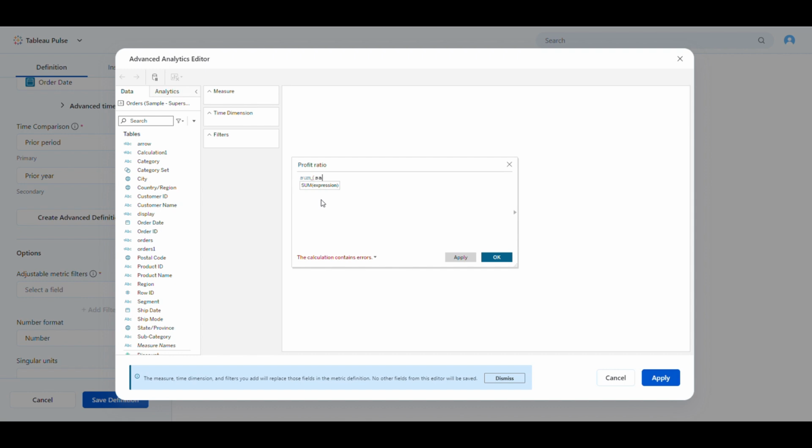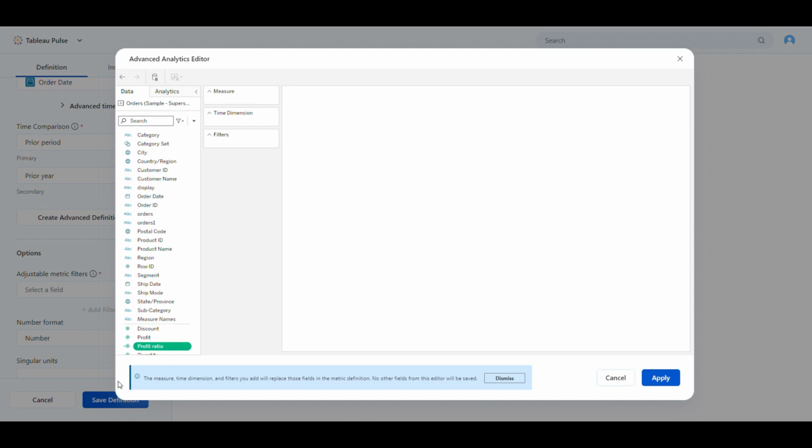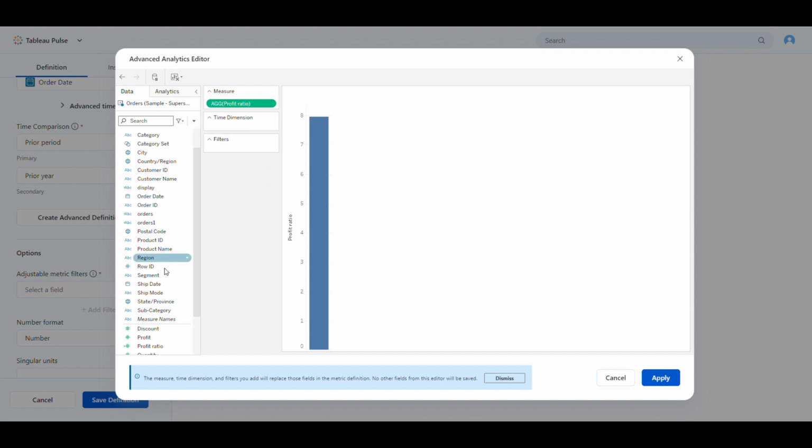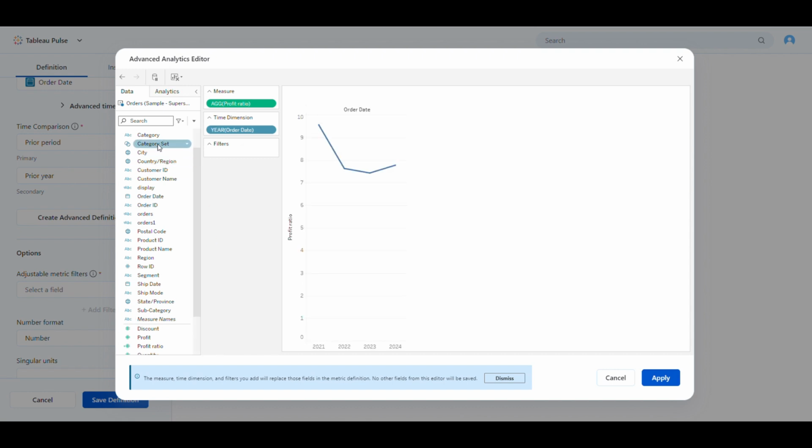Sum of sales by sum of profit. So like this, I can create the profit ratio measure, and this measure I can drag into the measure shelf. Okay, and time dimension, again, I'm giving the order date, for example, here, and filters, I'm giving, for example,